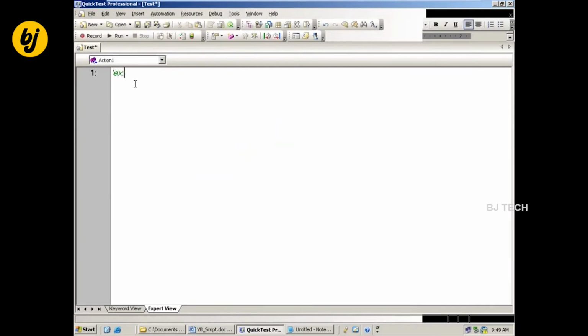Now suppose I want to write a script like this. Display color name based on a given character from RGB. During execution time, I want to give any one character from RGB. If I give R, it has to say red. If I give G, green, B means blue, it has to display.